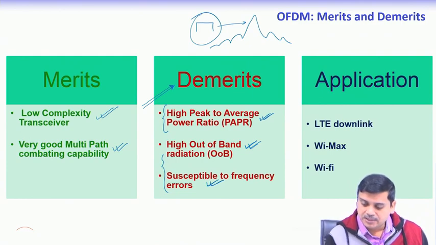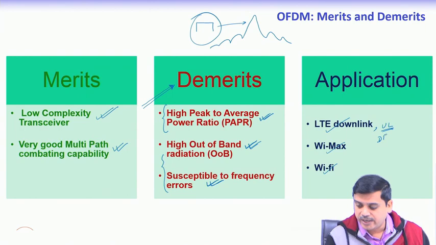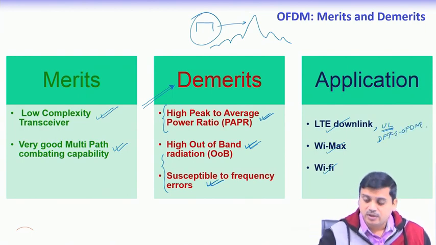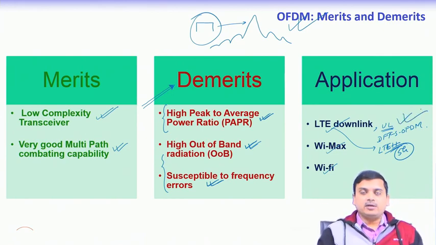Applications are of course LTE downlink, WiMAX, Wi-Fi, and in uplink, what is used? In LTE uplink, it is the DFT spread OFDM. This is what we discussed in the previous lecture. We also said that beyond LTE, that means LTE plus plus, or in other words even in 5G, both these techniques, OFDM as well as DFT spread OFDM, are used. So, whatever you are studying now is absolutely relevant for the 5th